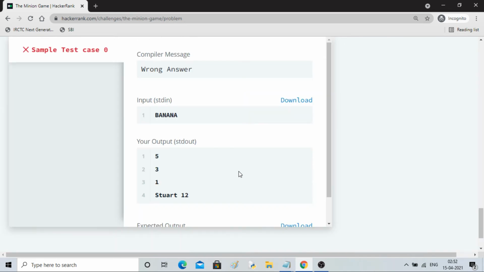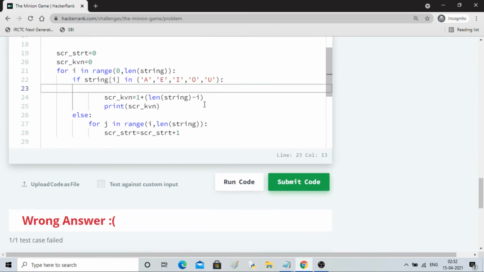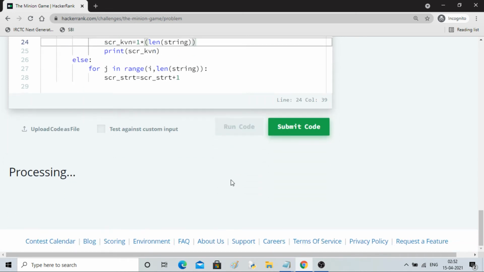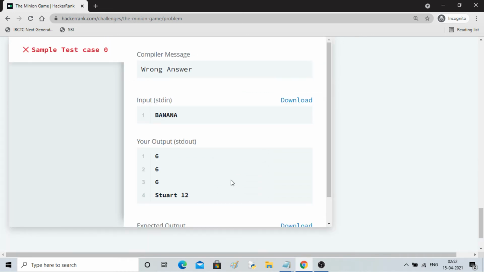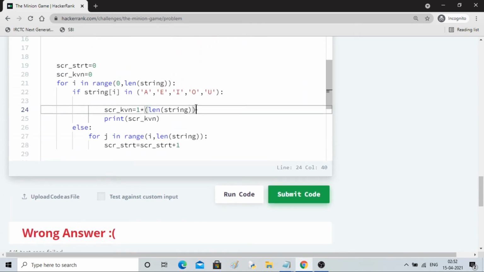Five three one, or length. Have I done anything wrong? I mean, it should print 9, right? Oh, length of string I am multiplying.